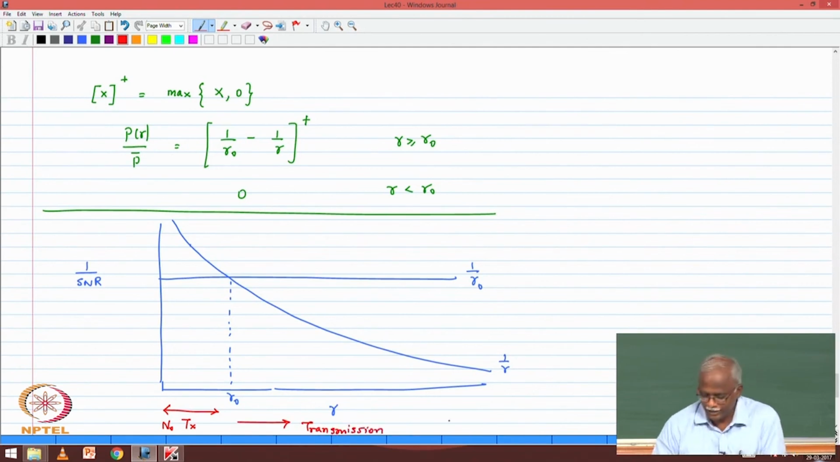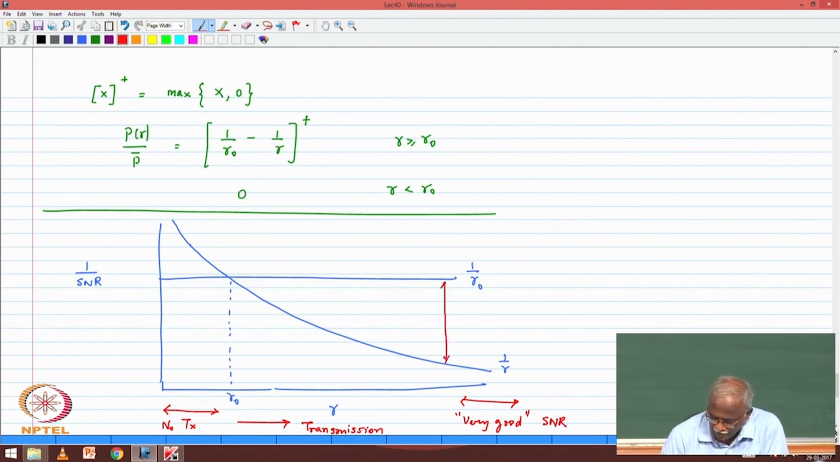Where are the very good channels? They are extreme to the right here. These are the very good channels. I am using a qualitative statement, but basically, how much power do they get? 1 over gamma naught minus 1 over gamma. Notice they get the maximum power allocation. So this is in some sense 1 over gamma naught minus 1 over gamma. This is the power allocation